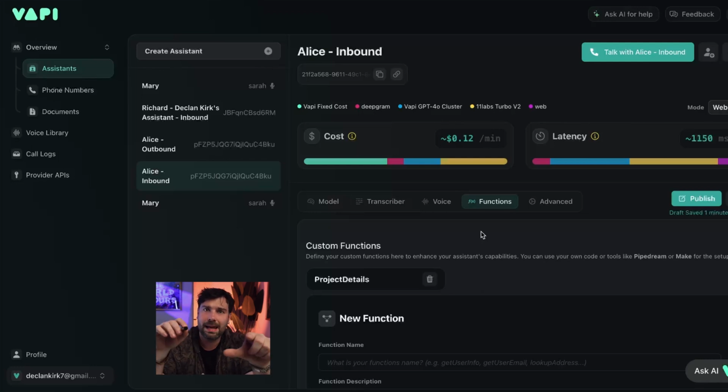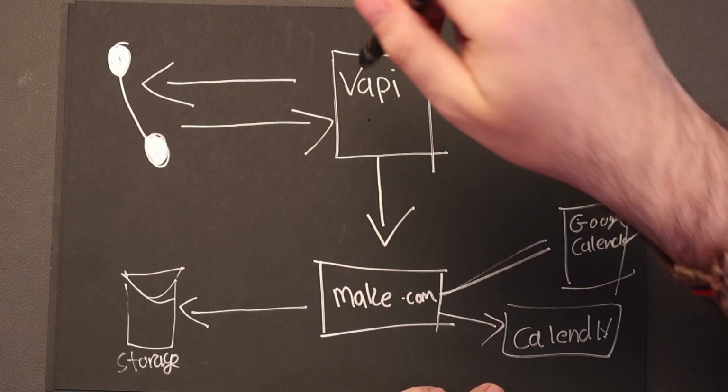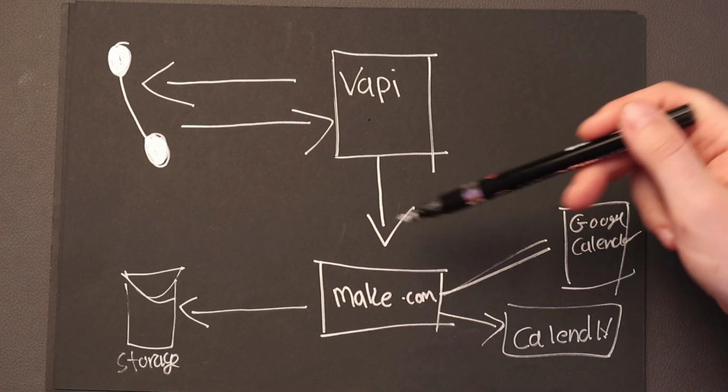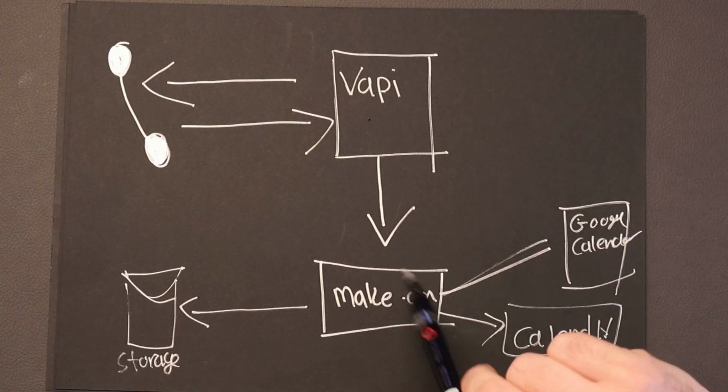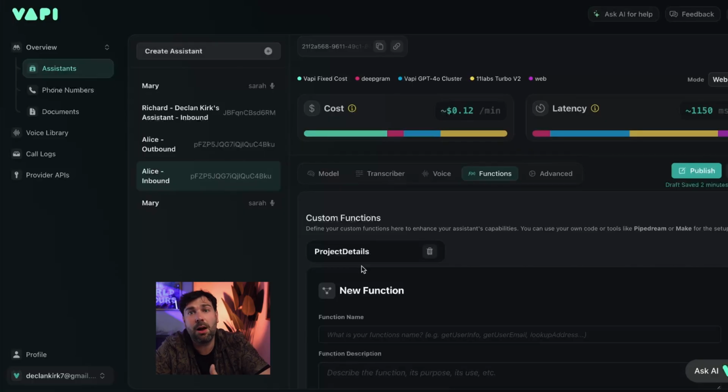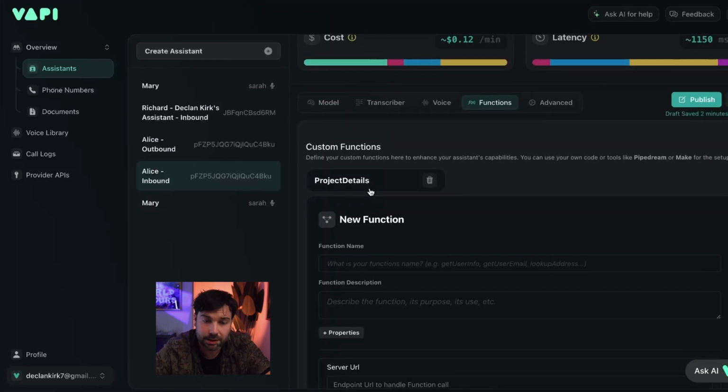So it's from here that we take our data out of Vapi and then put it into Make.com or Zapier or whatever other kind of automation platform it is that we want to move the data to. So thinking back to our diagram, this is the bit where those arrows going from Vapi to Make, this is where this happens and where we set those. So if we want to schedule a task or an appointment, this is where we do it. So to do that,